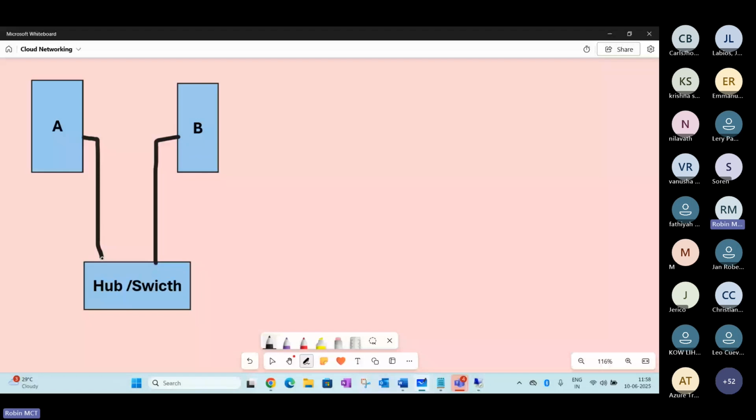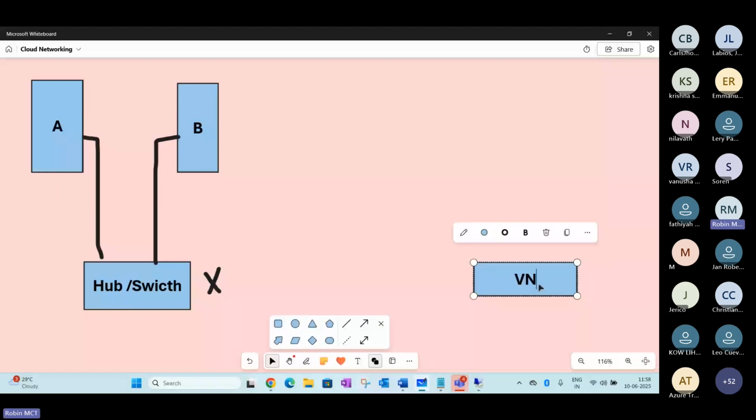Now in a cloud scenario, this switch is replaced by a component known as a vNet. The solution you are going to use on the cloud is called a vNet. All the rest of the activity is going to be the same.